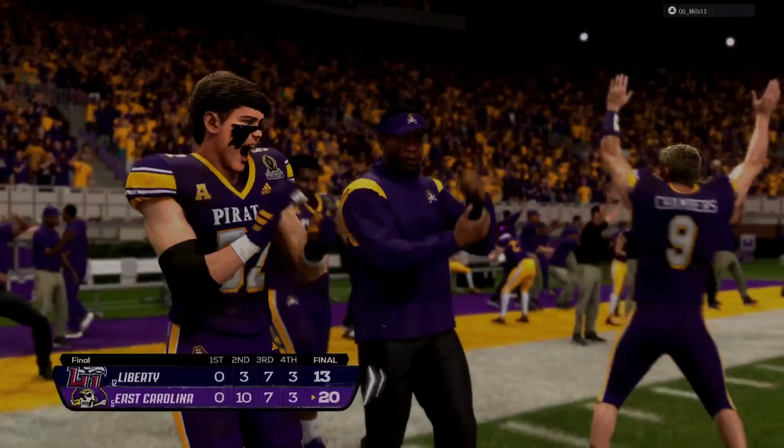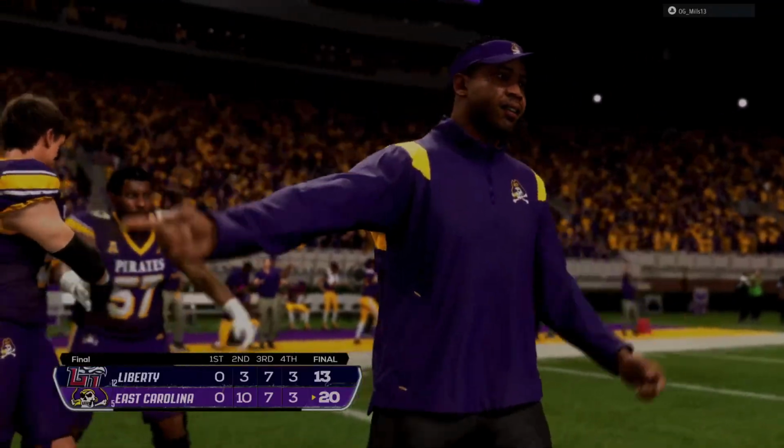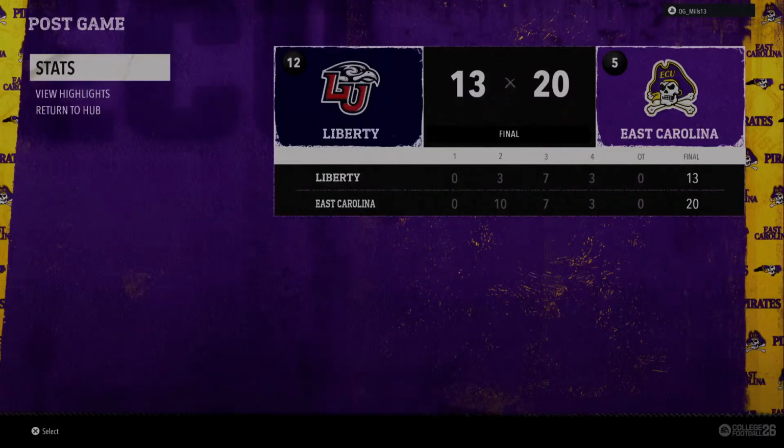Well, a really entertaining game. Came right down to the end. They made the clutch plays, and that made the difference. Well, we knew these teams were fairly evenly matched, and you really saw